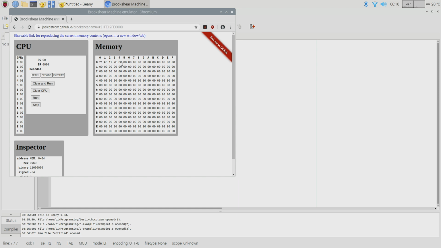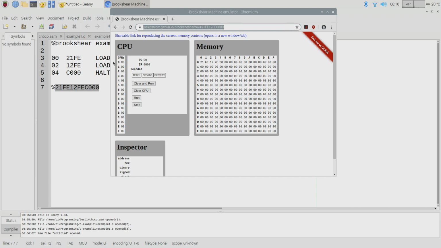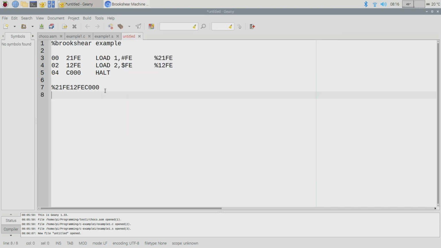And then just for my sanity, all you guys are going to do when I said the link is, after you've got the stuff loaded in and you've made sure it works, you copy that link and you put it down here, so that all I have to do is copy paste a link and it loads in your code for me, and then I can check and make sure that it actually runs okay.